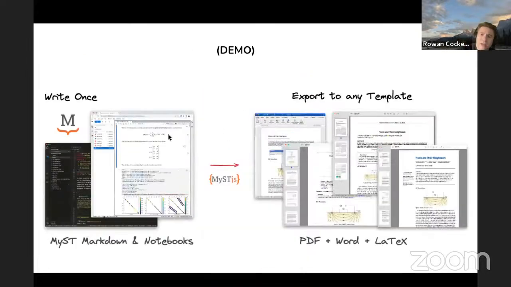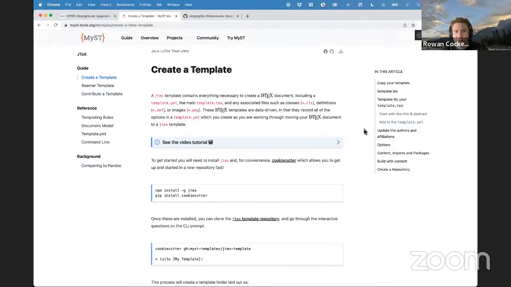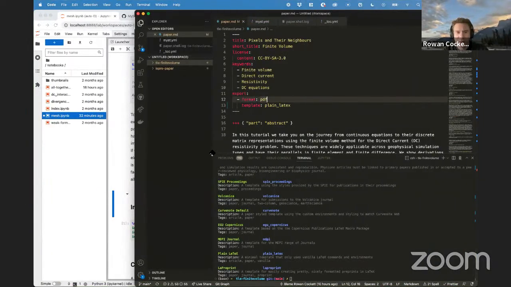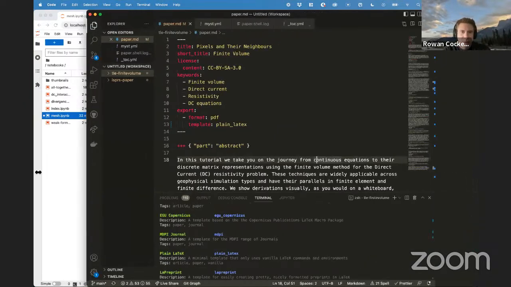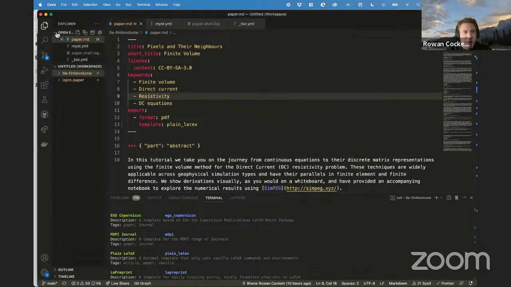And so I'm going to give a little bit of a demo of this right now, of taking some content of a paper that I've written and turning that into a couple different templates. And so I will jump into demo mode here. Awesome. So this is a